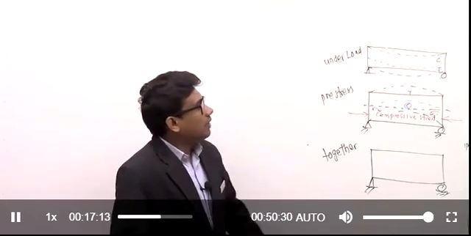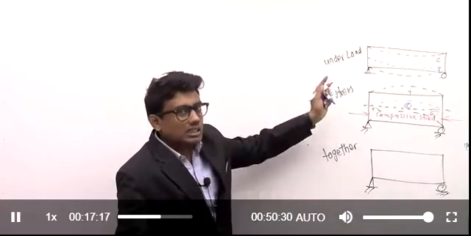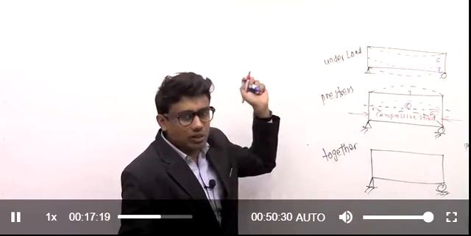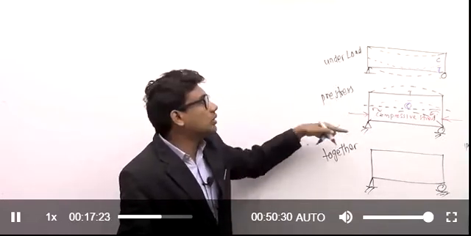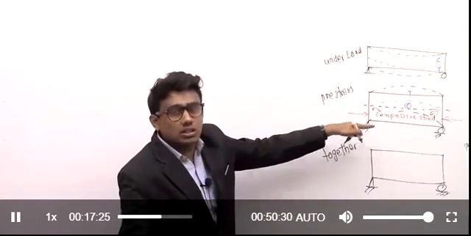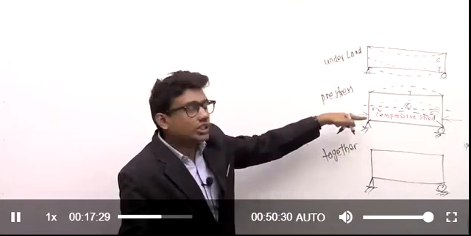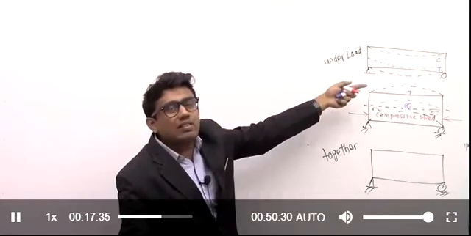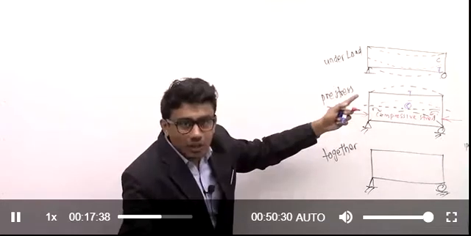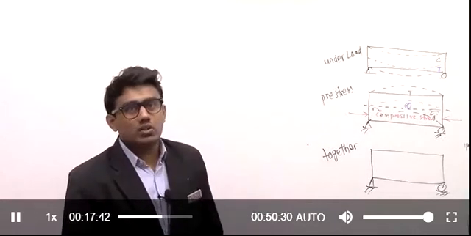Okay, when we apply the load, below the load axis there will be tensile stresses. Forget about the RCC. In RCC we introduce the reinforcement inside the concrete. Here in pre-stressed concrete, I am going to introduce compressive stresses initially, before the application of the load, to the whole section of the concrete. So what is going to happen? The compressive stresses introduced will balance the tensile stresses which are going to be developed after the application of the load in the beam, right? Then it will be balanced. That is the concept of pre-stressed concrete.